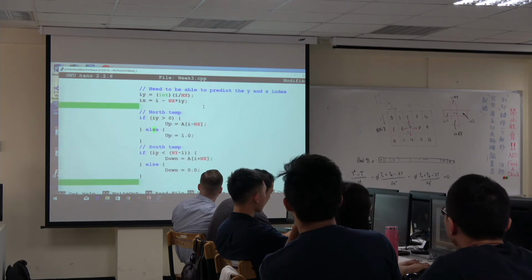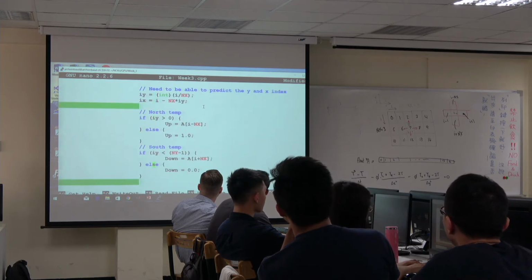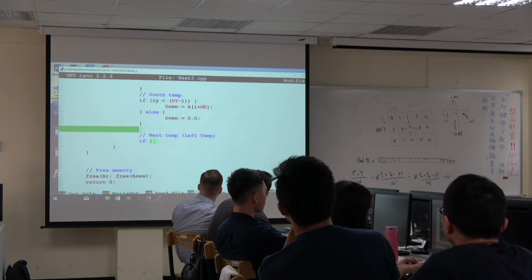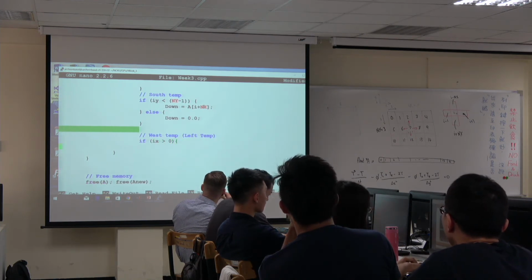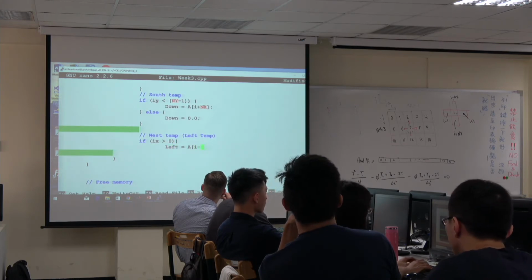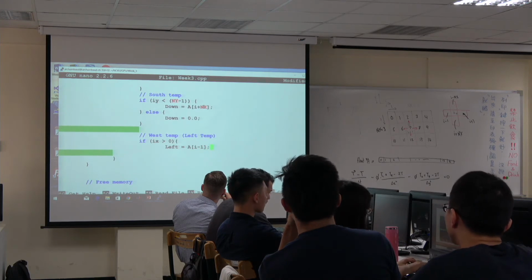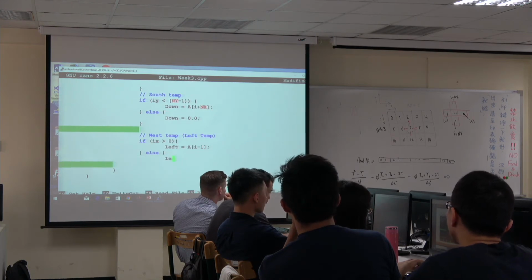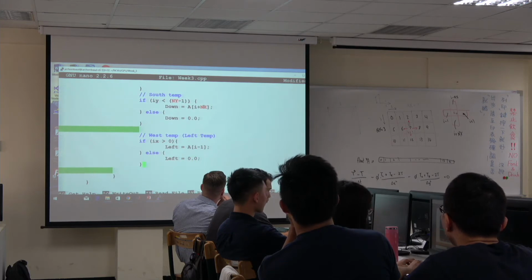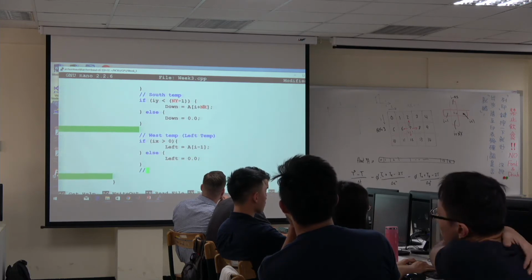IX will tell us where we are in that respect. This is the X direction now. If IX is larger than 0, that means the left is I minus 1, is that correct? Otherwise we're on that bound. And the right temp